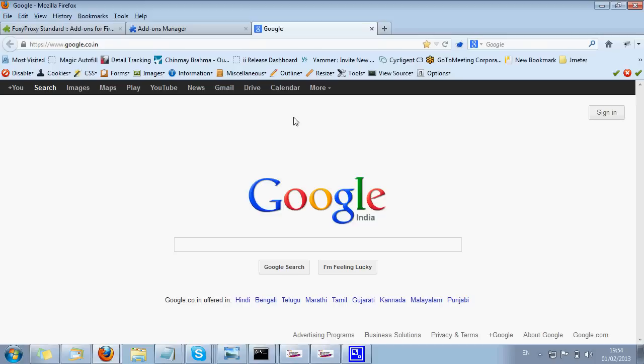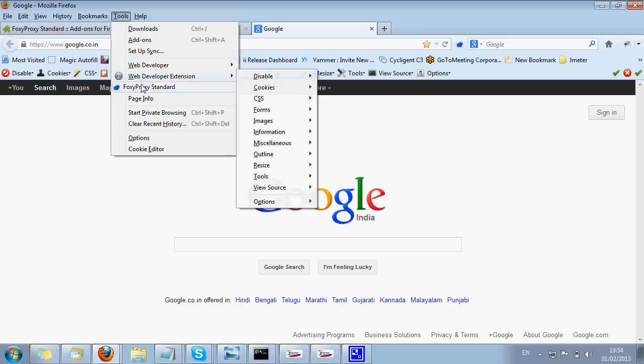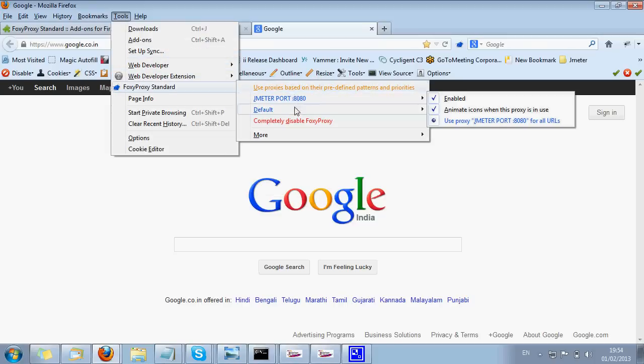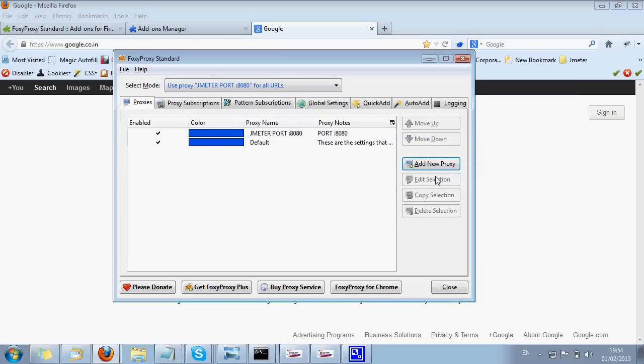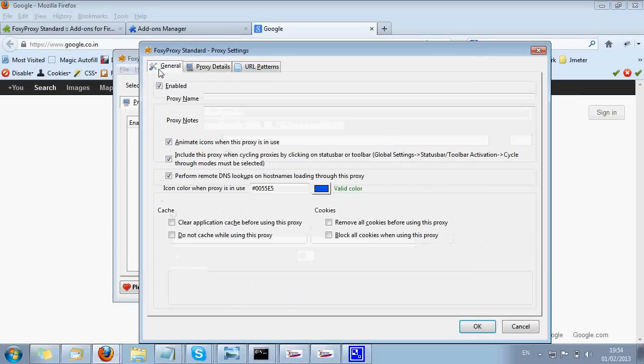Okay, so we can add multiple proxy servers as per our requirement. So I would like to create a new proxy server. The name would be JMeter, port 9191. Anything we can give.